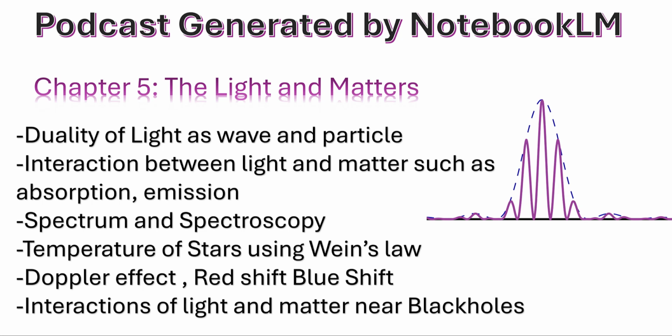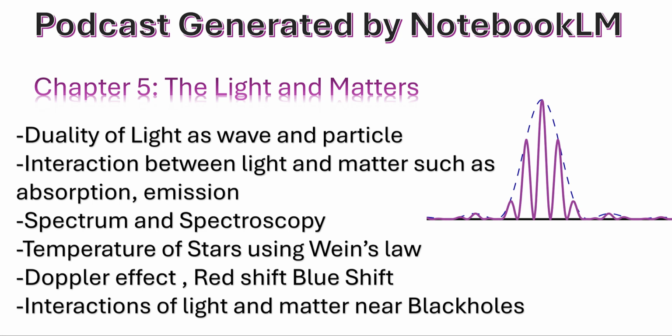Exactly. And it's the processes of emission and absorption of photons by atoms that create this spectrum. By studying the different wavelengths of light that are emitted or absorbed by these objects out in space, we can learn a lot about their composition, their temperature, even their motion. This is all starting to make sense. But you mentioned temperature. How can we possibly tell how hot a star is just by looking at its light? That's where Wien's law comes in. Wien's law is a tool that relates the temperature of an object to the peak wavelength of light it emits.